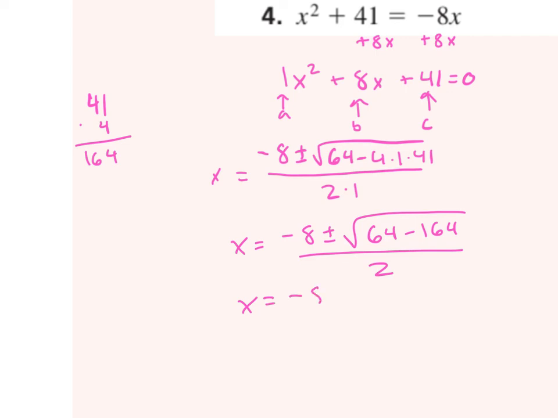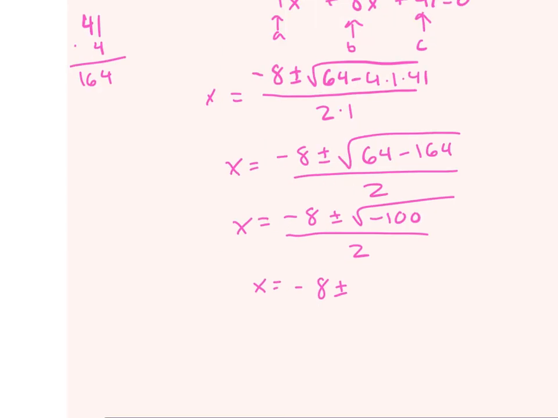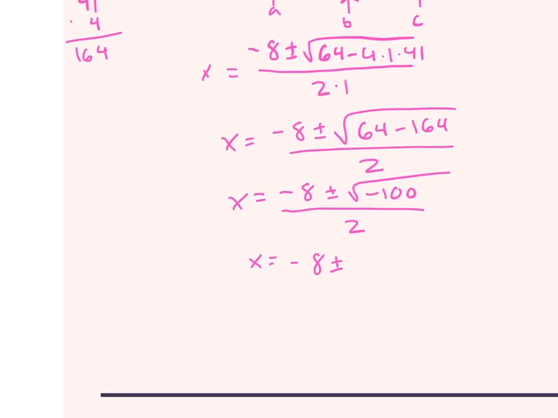So this now becomes negative 8 plus or minus the square root of negative 100 over 2. So x is equal to negative 8 plus or minus square root of negative 100. Square root of 100 would be 10, and then the negative comes out as an i